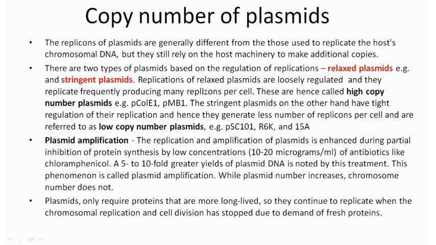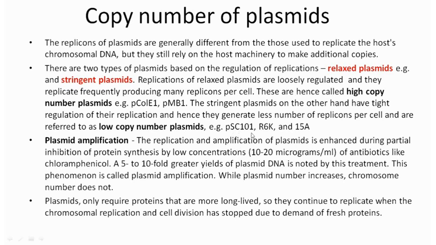The replication of relaxed plasmids is loosely regulated, and they can replicate frequently, producing many replicons per cell. Therefore, they are high copy number plasmids like pColE1, pMB1, and pUC vectors. They are also one type of pBluescript SK plus. The vectors that we normally use for cloning purposes are mostly high copy number plasmids,